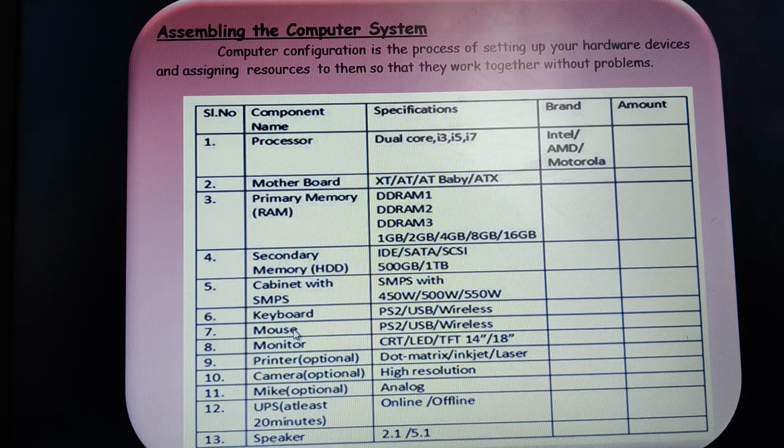Then the keyboard. The keyboard is PS2, or USB, or we may have a wireless keyboard. USB, Universal Serial Bus, isn't it? Wireless keyboards and all we have studied in the first year, input output. We have compact keyboards, wireless keyboards, virtual keyboards. Then we have the mouse. Again, it is connected to the PS2 port or through the USB. We are connecting the mouse to your computer system, or it might be a wireless mouse also.